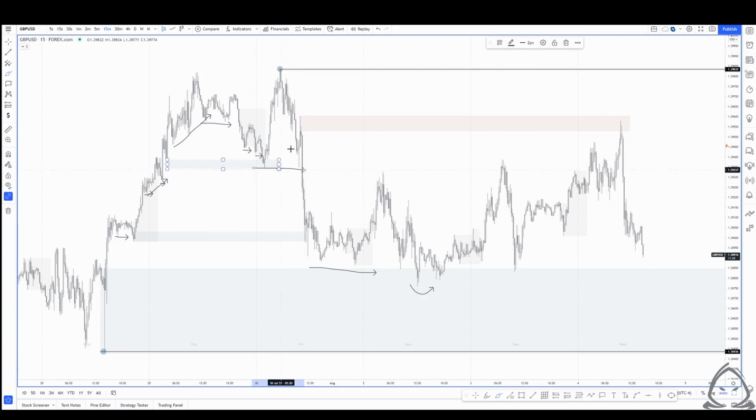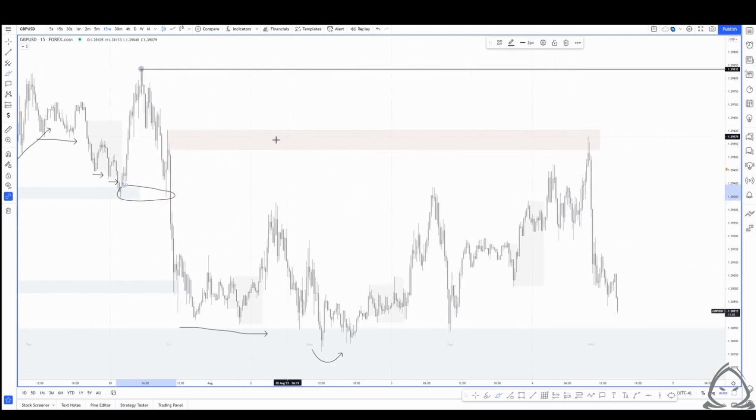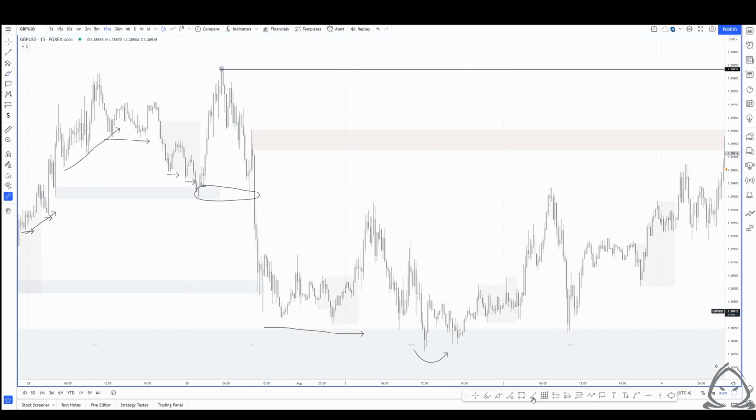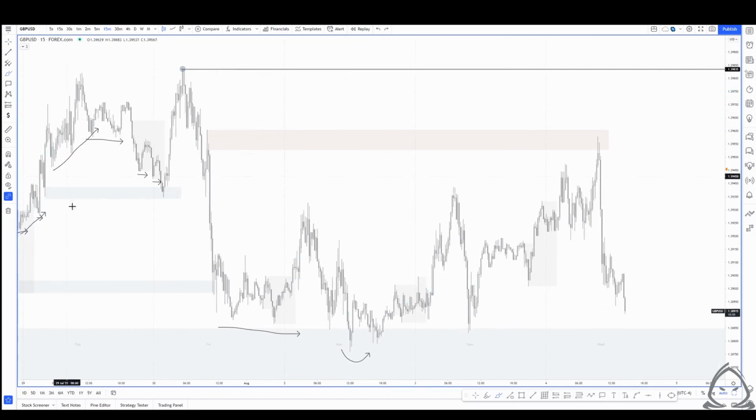It's what's created a break of structure. What we can see is we have a demand zone. We get an initial reaction from that demand zone, and then price breaks that demand zone, forming supply. This is what we know as a supply and demand zone flip. And again, we will get into that in the next sections, but just to get your mind thinking about where